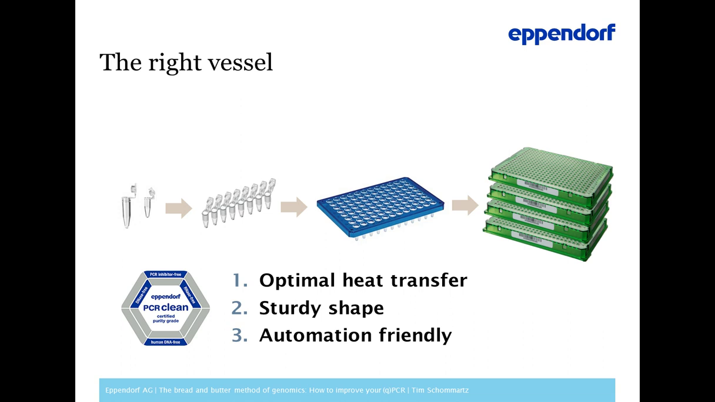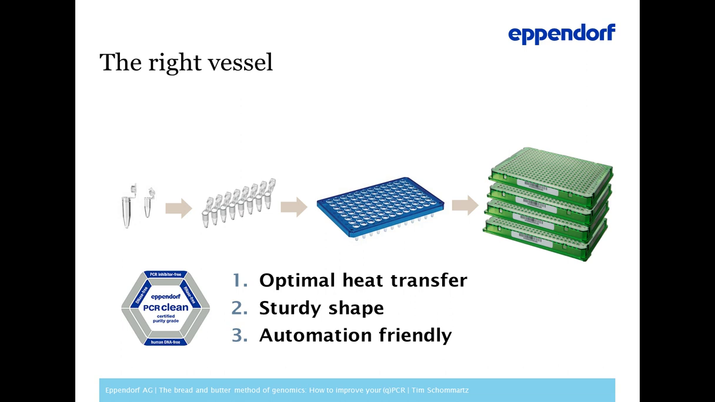Unfortunately, optimal heat transfer and sturdy shapes, different types of plastics have these properties. So if you have something which has a very good heat transfer, it's usually not very sturdy. And if you have something which is pretty sturdy, it doesn't have a very good heat transfer. Therefore, in terms of plates, Eppendorf invented these twin.tec plates, and they are using two types of plastics: polypropylene, if I'm not mistaken, for the tubes because they have optimal heat transfer, and the casing is made of polycarbonate, which